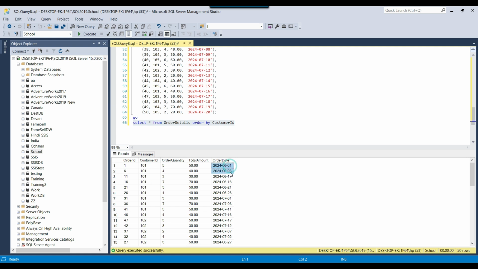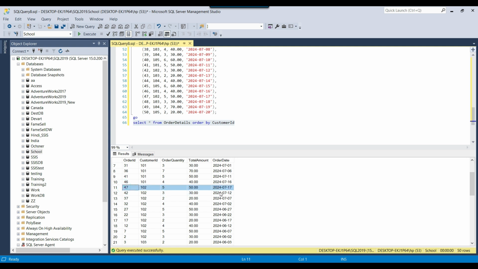Here we have the order date, as every order is placed on different dates. For example, for the customer ID 101, the most recent order is on this date, 16th July. In the same way, for the customer ID 102, the most recent and unique record from the table is this one, 17th July 2024.